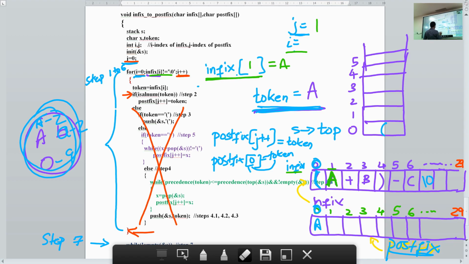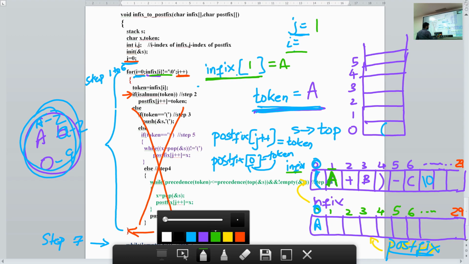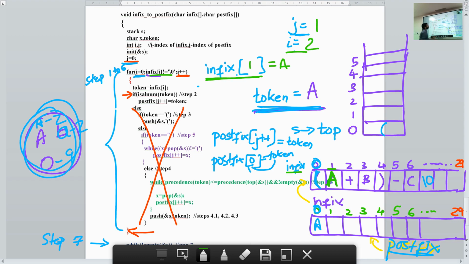So i will become now equal to 2. Okay. Now this will become infix of 2. What is infix of 2? It is plus.